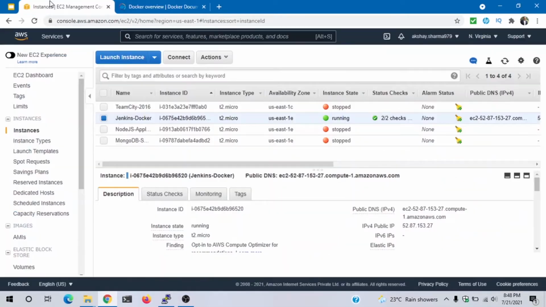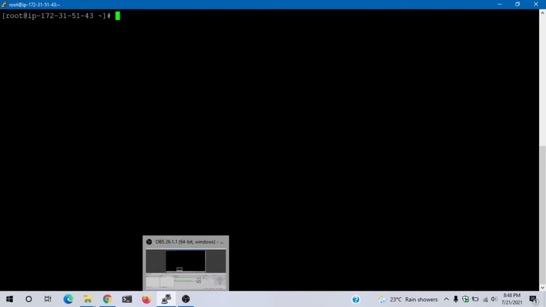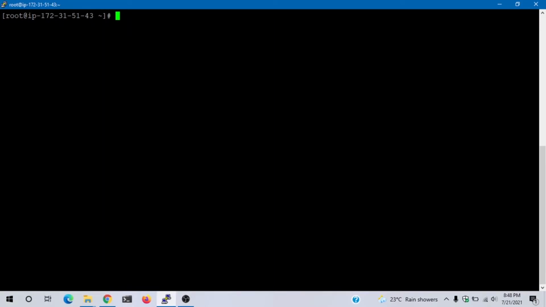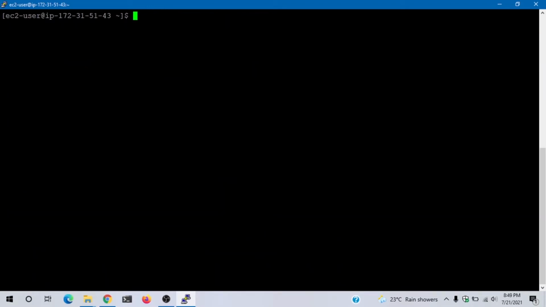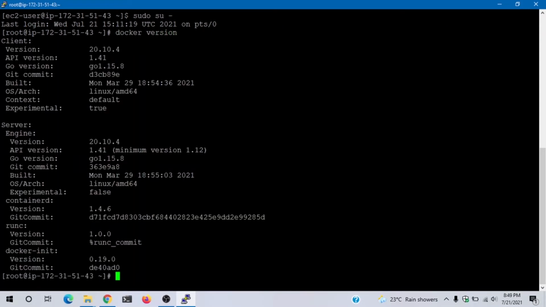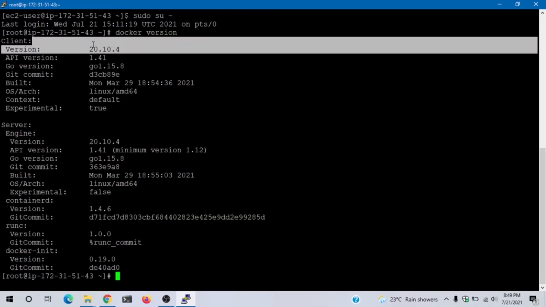For this, I have already created one Linux instance, called Jenkins Linux, and we'll be installing Jenkins on a Linux container. For that, we basically need Docker. I already have Docker installed on this Linux instance. So type docker version. I can see various other commands. I don't think this is the command. So first I get the admin rights, I'll become the root user. Now I will execute docker version, and I can see the Docker version which is installed on this Linux machine